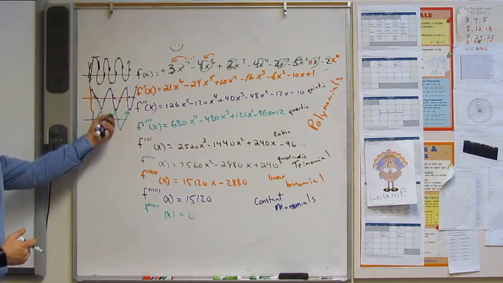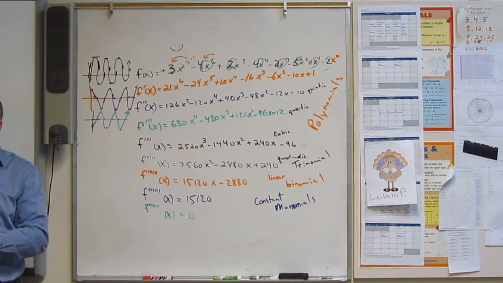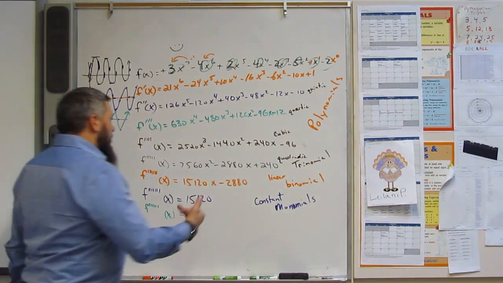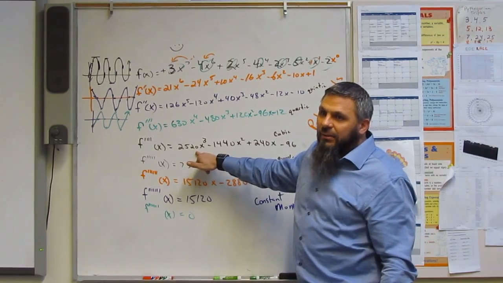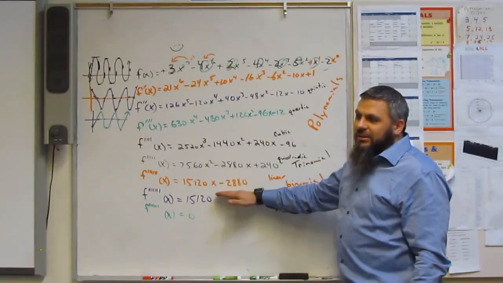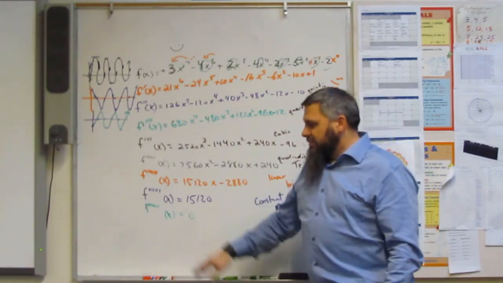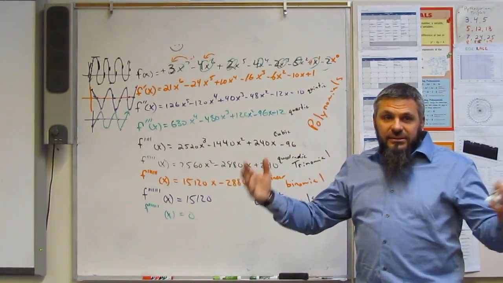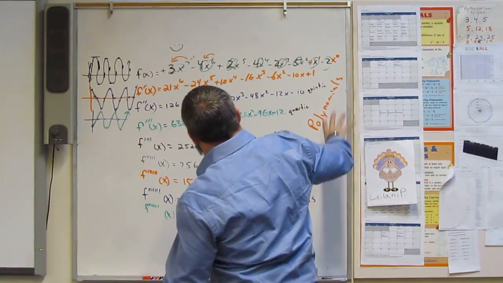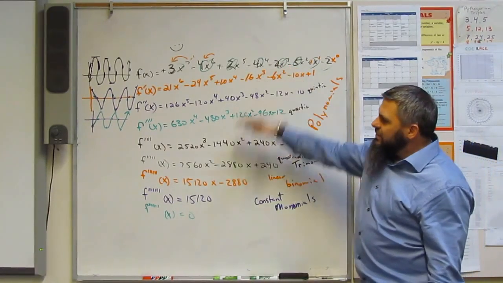And we can continue to do that all the way down. And what will we find? Eventually, we're going to find what a cubic looks like, what a quadratic looks like, what linear looks like, what a constant looks like. Just a flat line. And then 0 is also a flat line, but it's just the x-axis, okay? And that's basically explaining what a derivative is, and how to find the derivative,